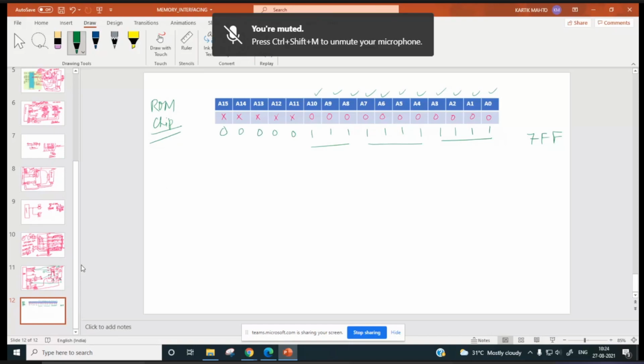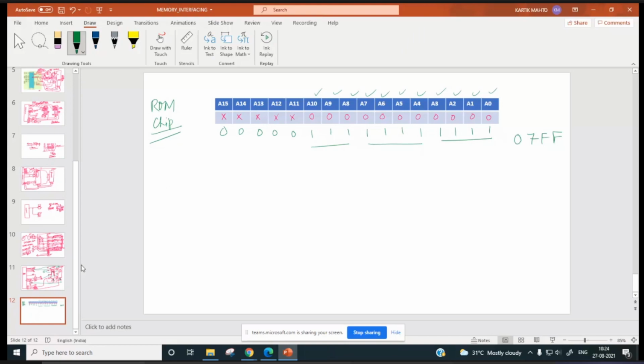So our final address is going to be 07FFH. And if you put all these bits at 0 also, then our first address is going to be this.